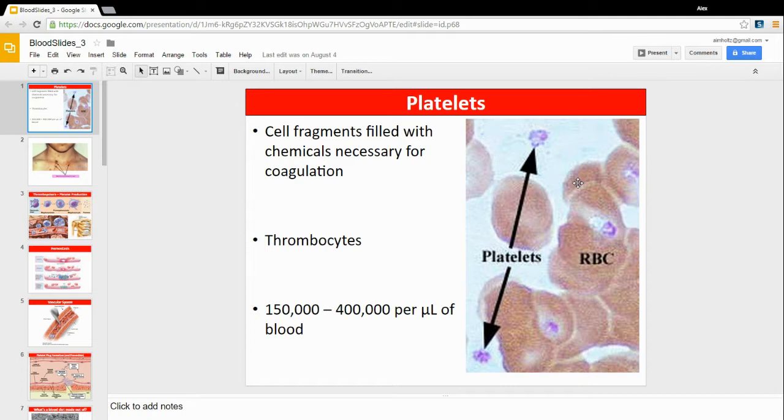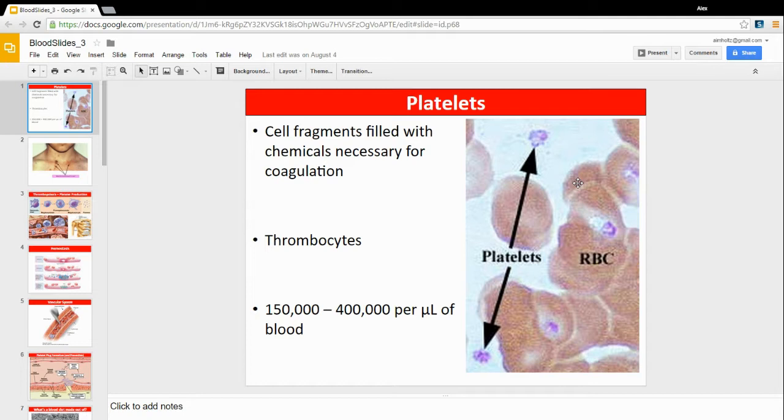Normally in the blood, there's several 100,000 of these per microliter, about 150 to 400,000. I like to remember it this way. I like to think about red blood cells as being about 5 million. Platelets, around 500,000. I know that's a little high, but the fives go well here. And then white blood cells around 5,000 per microliter, of course. So 5 million, 500,000, 5,000. And those numbers aren't exact, but they're close enough to give us an idea of the relative quantities of these